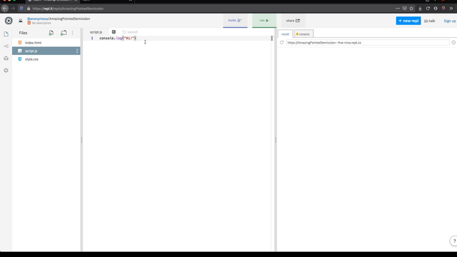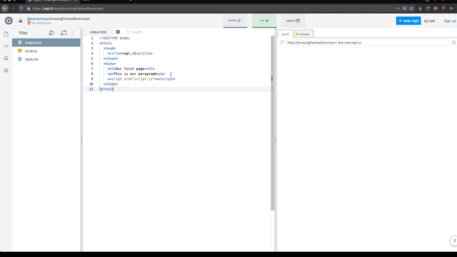So I'm now in the JavaScript file. And in the JavaScript file, we can actually start to use this. It's called the DOM, the Document Object Model. And so in order to do that, I should have added something. I'm going to create a paragraph, and this paragraph, we need to give it some way of identifying it. So the way that we usually do that is this property ID equals,